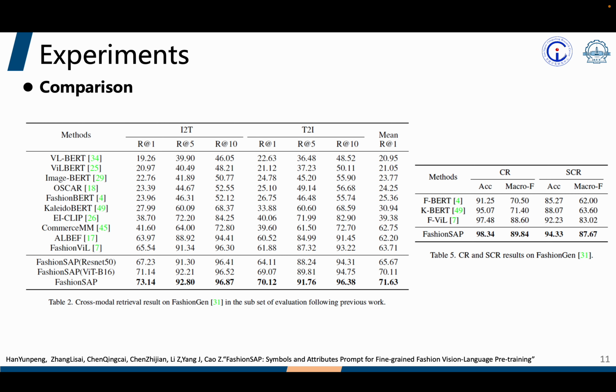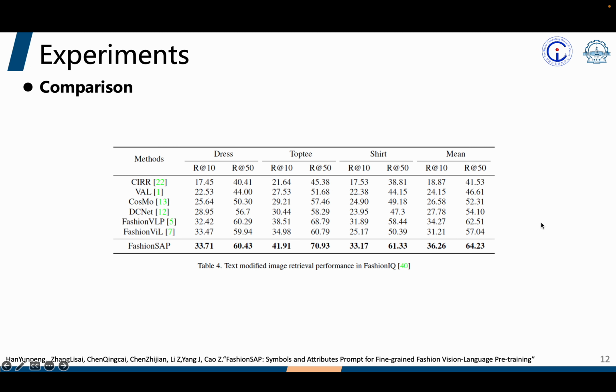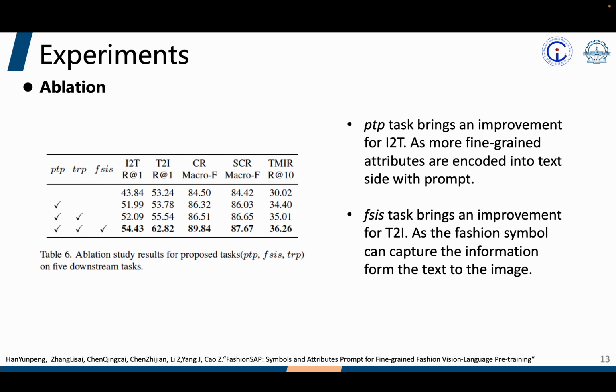We report the results on 3 kinds of tasks. Our method gets the best result in all 3 tasks. In cross-modal retrieval, the improvement of our method in I2T R1, T2I R1, and mean R1 is about 8%. Our method also gets the best performance in the CR and SCR tasks. In the TMIR task, our method also gets a distinct improvement. For the ablation study,